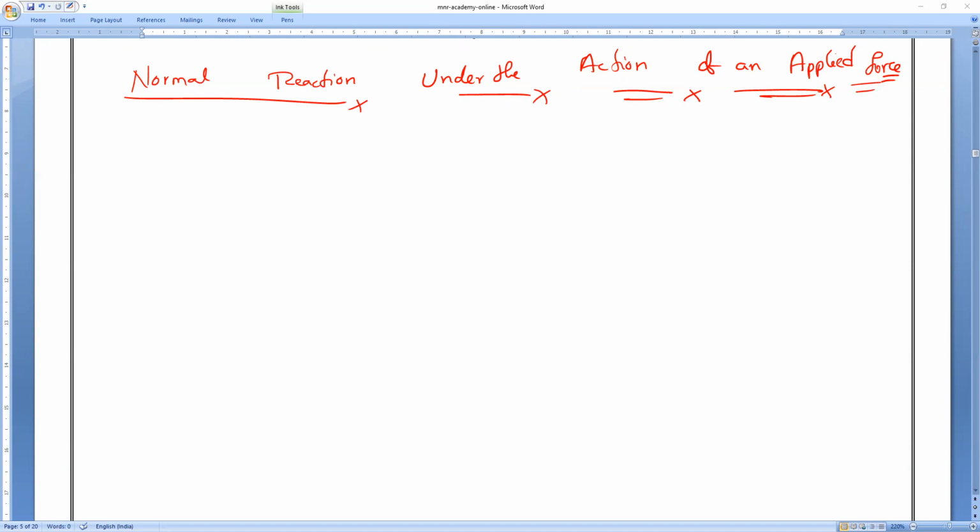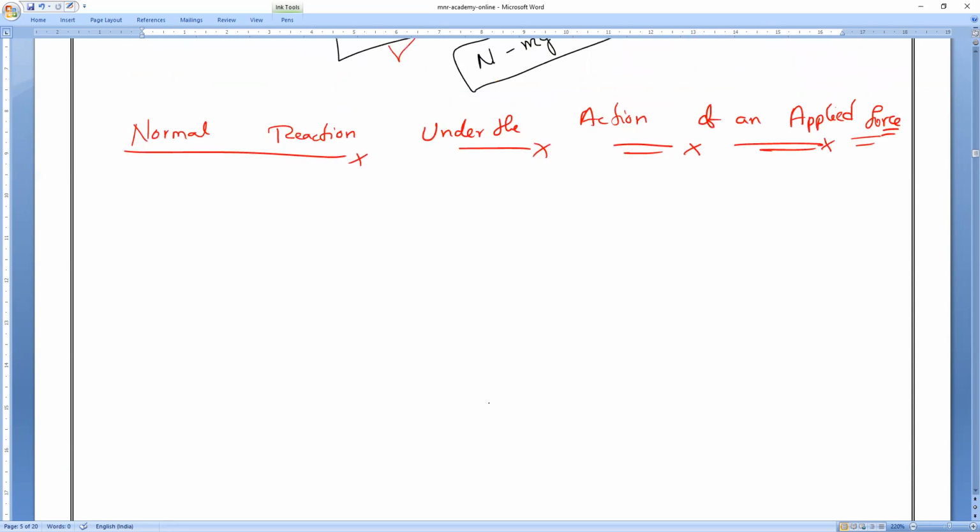Let us consider this purpose, everyone. Let me take it into two cases. Case 1, all of you write it neatly. There is a block. This is the block. We all know that the weight of the block acts in which direction? Straight downward direction. Then in the upward direction something is acting. What is that? Normal. So we have to find it. What is that normal? That is our target now.